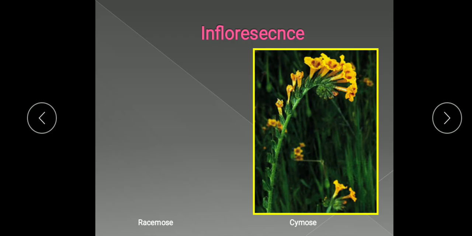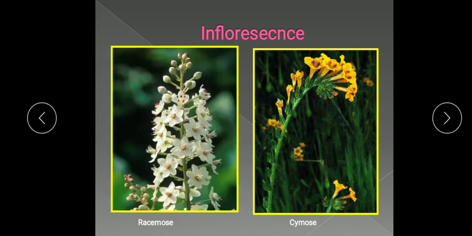Now the next term we will study is inflorescence. So what is inflorescence? Children, you have seen that some flowers are borne singly, so they are solitary flowers. A flower is said to be solitary when it occurs singly. A solitary flower may occupy the terminal position on a branch, known as solitary terminal, like Papaver. They may arise in the lateral position in the axil of a leaf, that is solitary axillary.